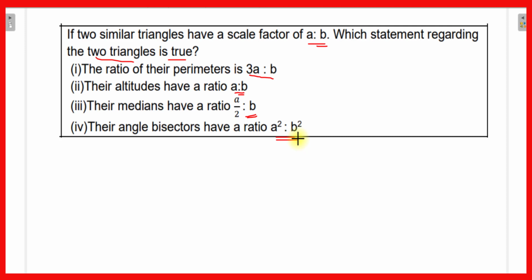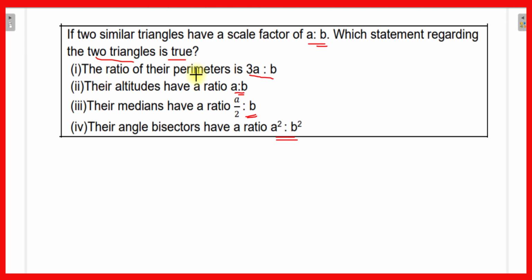Now see here a few theorems. The first theorem is that if two triangles are similar, then the ratio of their corresponding segments, that is altitudes, medians, angle bisectors, equals the ratio of any two corresponding sides. The ratio of any two corresponding sides is nothing but the scale factor, and therefore the ratio of the altitudes will always be equal to the scale factor. The ratio of the medians is always equal to the scale factor, and the ratio of the angle bisectors will always be equal to the scale factor.